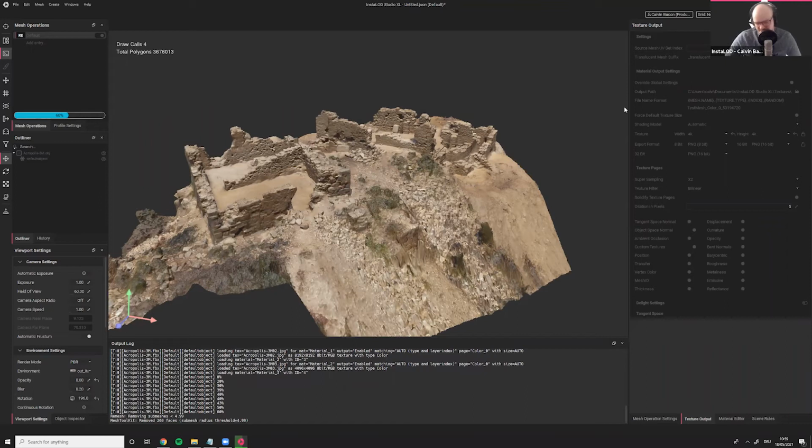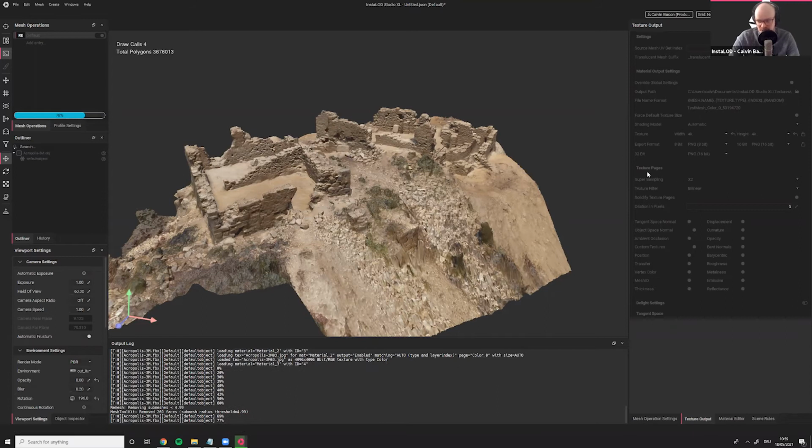And that is why I want that additional information, a bit more crisp detail, and that's why we're doing it in 4K. Now, with that said, InstaLOD is not actually baking a 4K texture. We are going to get a 4K texture as an output, but InstaLOD is actually baking an 8K texture. And the reason is that InstaLOD has a setting in the texture output settings called super sampling. It's currently grayed out, so I'm not sure if you can see it too well, but we have a setting